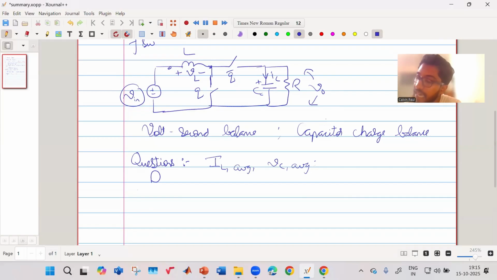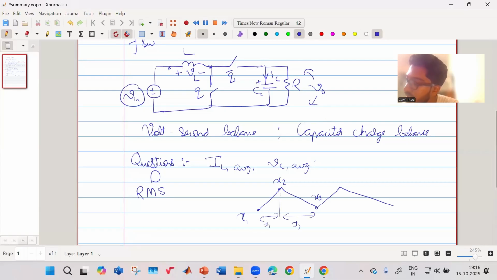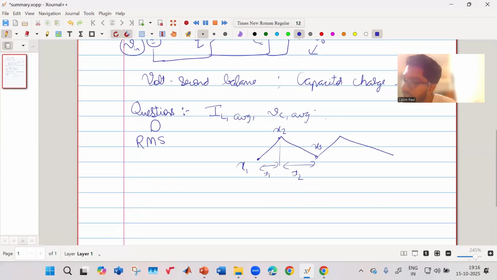You could also have a question regarding RMS, root mean square. RMS, sir had taught, if you have this quantity, suppose this waveform, you have x1, x2, x3, right? This is for T1, T2, right? So how do we get x RMS square is equal to 1 by 3 (x1 square plus x1 x2 plus x2 square) into T1